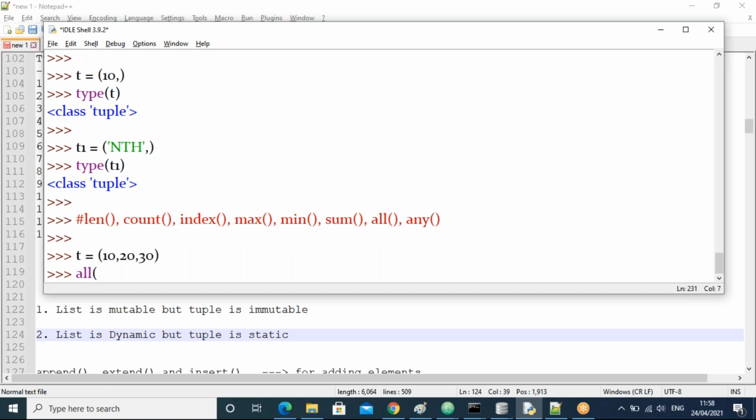These all and any functions will return the result either true or false, guys. The output of these functions is either true or false. So in this case, is all of t true or false?